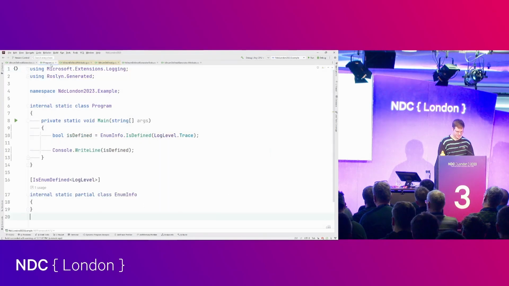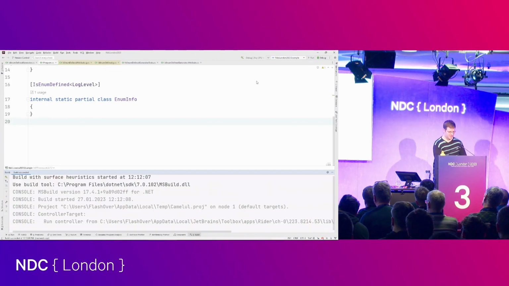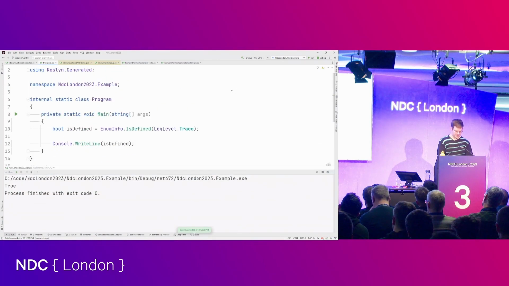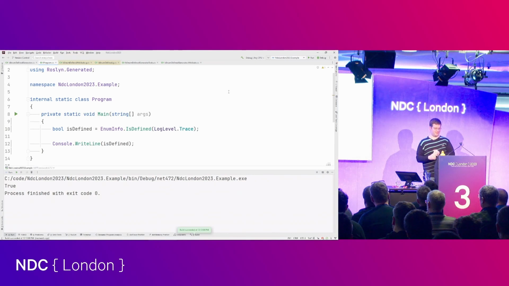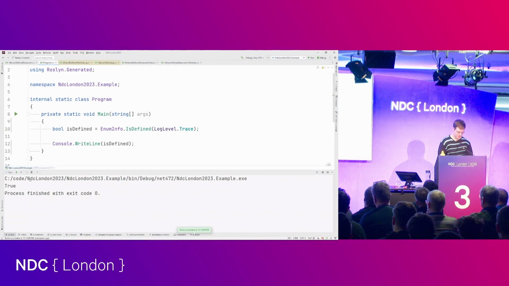And now we can actually run this example, and we are searching if log level.trace is defined, the output is true, and if we would try to say -10, cast this into log level,